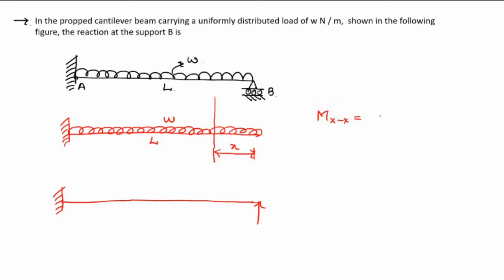It is W into X by 2, which is W by 2 times X square. This is of the form Y is equal to Kx power N. There is no additional term present here. So area of this will be equal to, area is equal to,